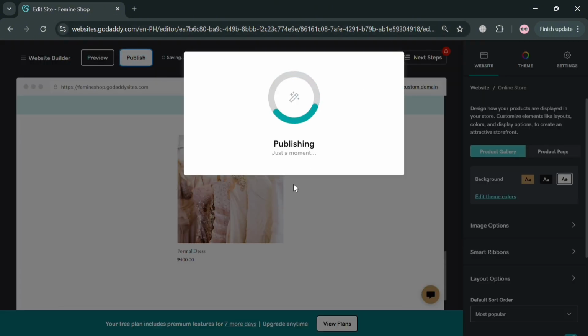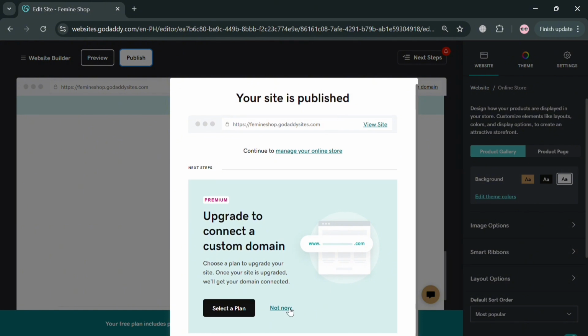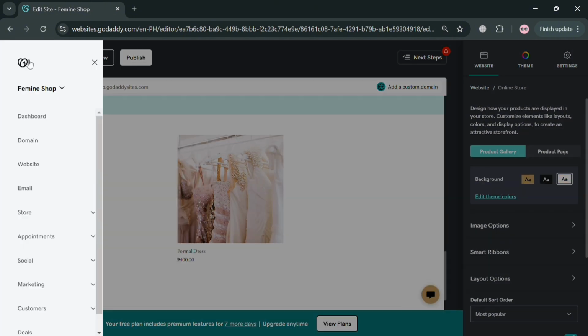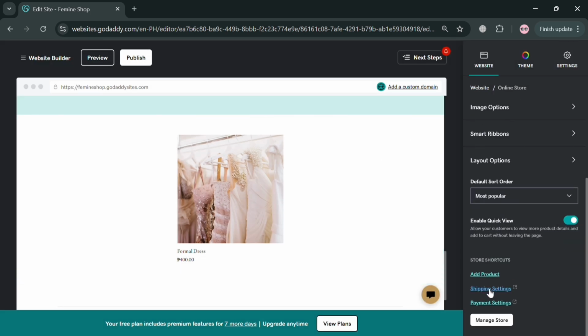And after successfully publishing your website in here, you'll now be able to start visiting it or see the preview of what it looks like when a customer tries to visit your website and purchase the dress in here. But if you go on the left side panel, from here you could also navigate some other options. Aside from the setting options that we can navigate on this page, we can click this manage your store button right here, and after that, we will now be directed to this page,